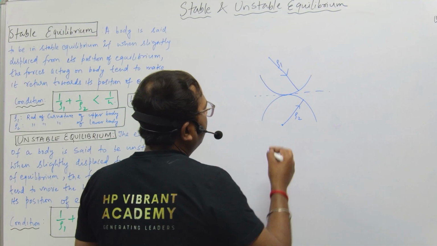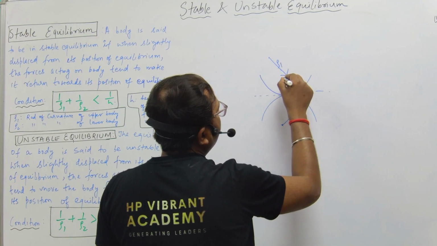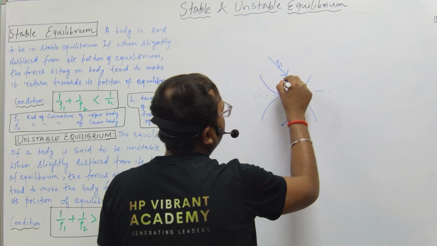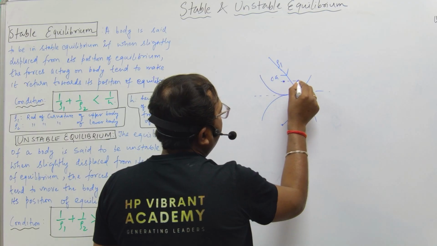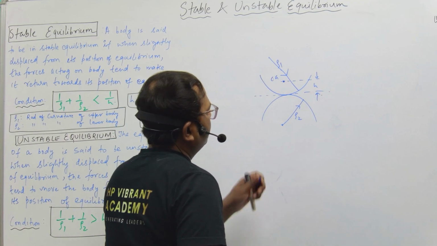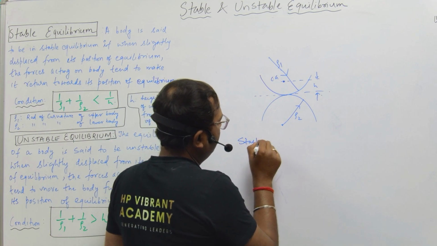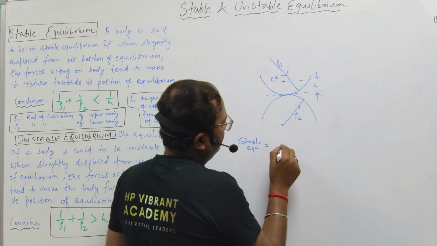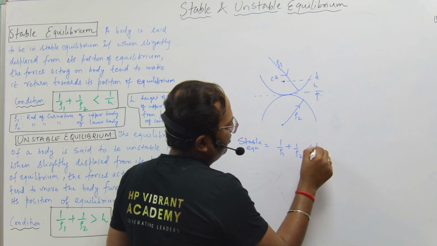Let us consider the center of gravity of this body at this particular point, at a height of h from the point of contact. So the condition for stable equilibrium is